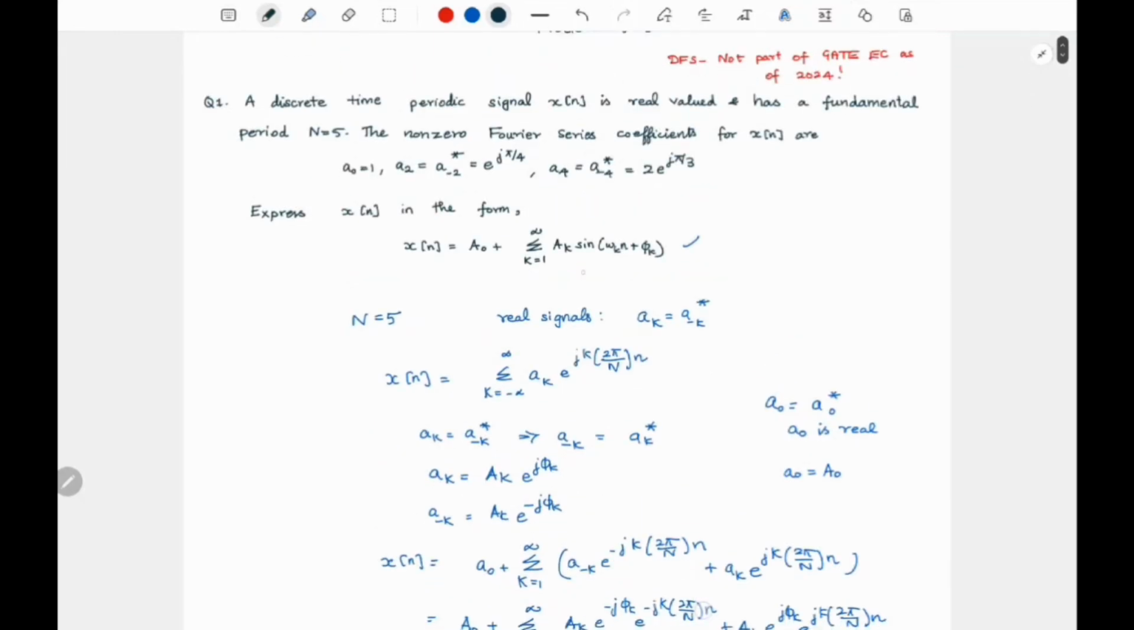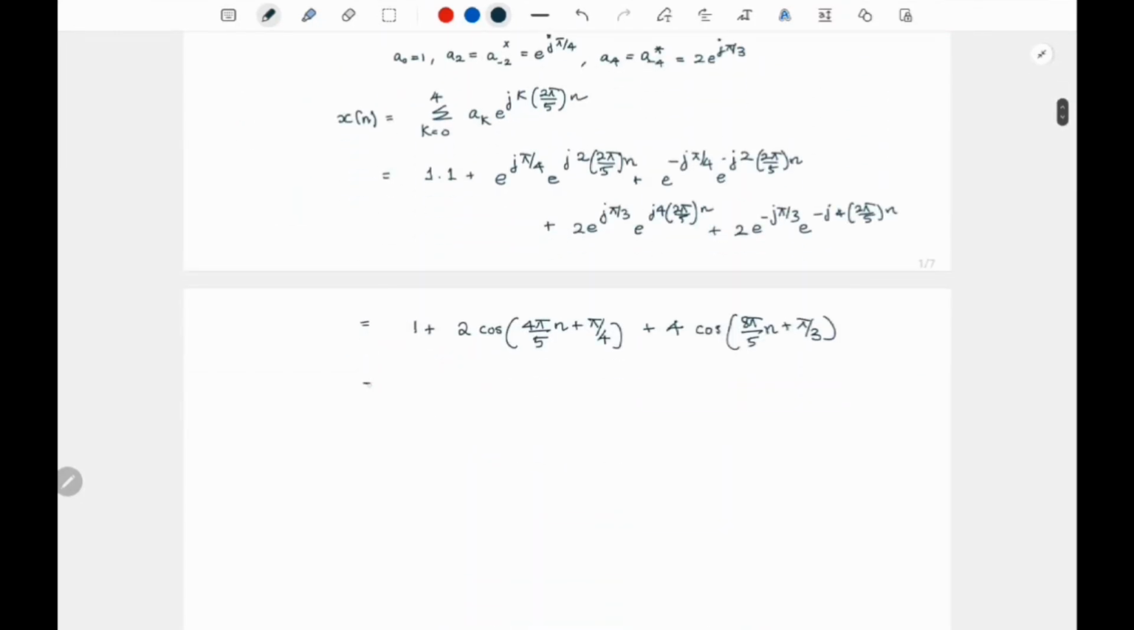Now I need it in this form, sin(omega k n plus phi_k). So what I will do is I will just use 1 plus 2 sin(pi by 2 plus theta). So I will get 4 pi by 5 n. Pi by 2 plus pi by 4 will give me